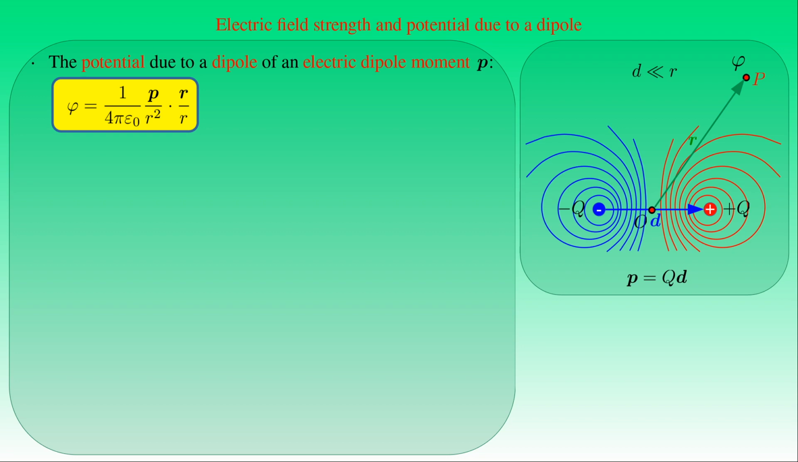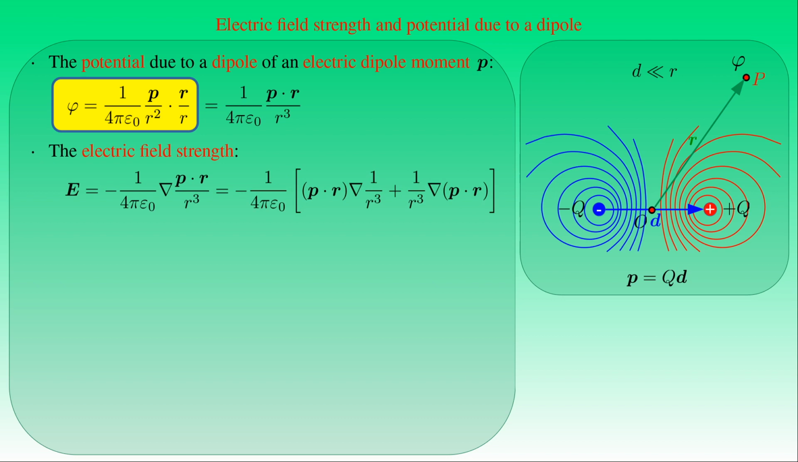We can write the scalar product as p times r over r cubed, and substitute the potential into the gradient formula stating that the electric field strength E is equal to the negative gradient of the electric potential. If we apply Leibniz's rule for the gradient of the fraction, we obtain the dot product of the dipole moment p and the position vector r times nabla 1 over r cubed, plus 1 over r cubed times the gradient